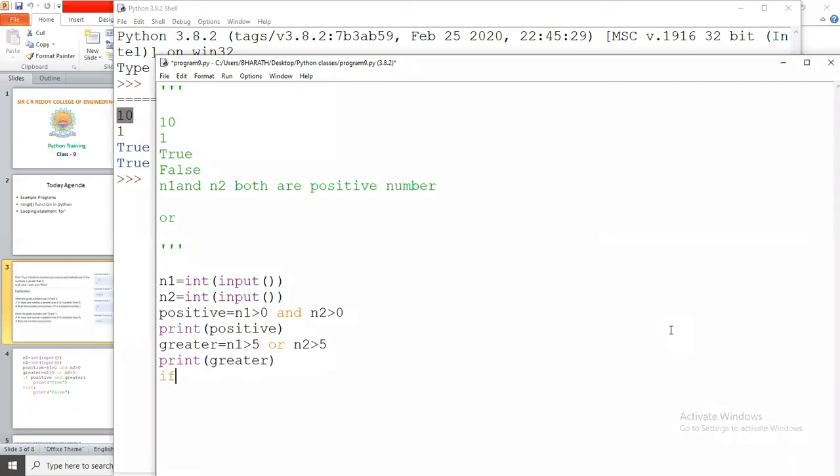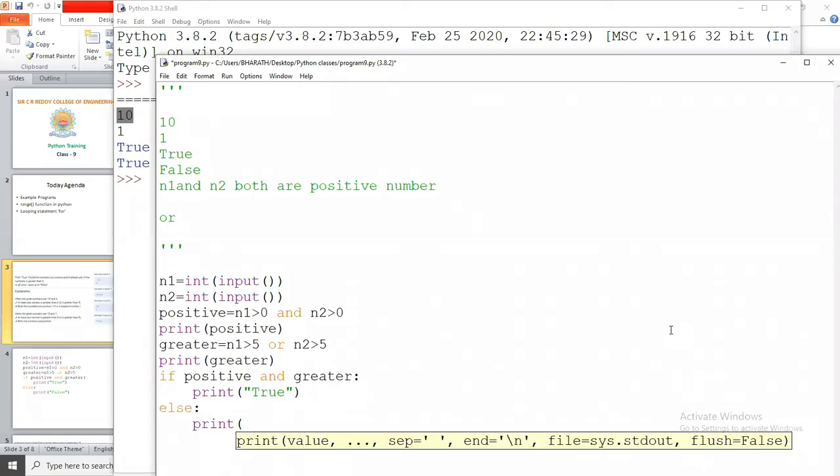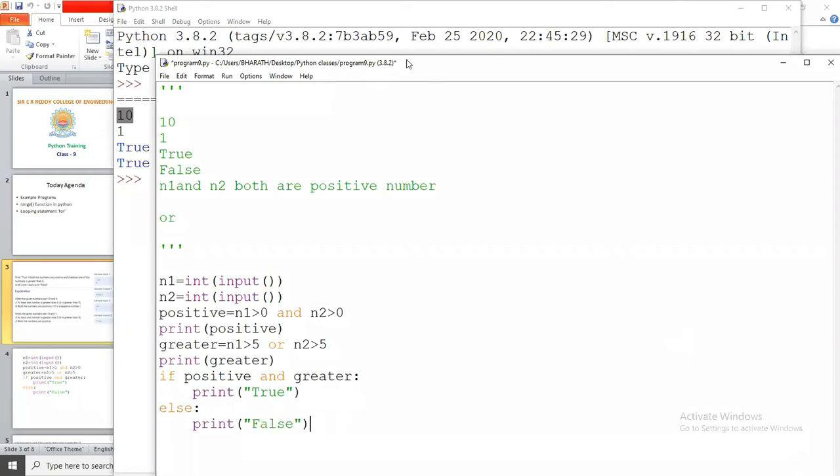Here we are going to check if these two, positive and greater, are both true, then you are going to print true as the output. Else, in all other cases you are going to print false. That's it.